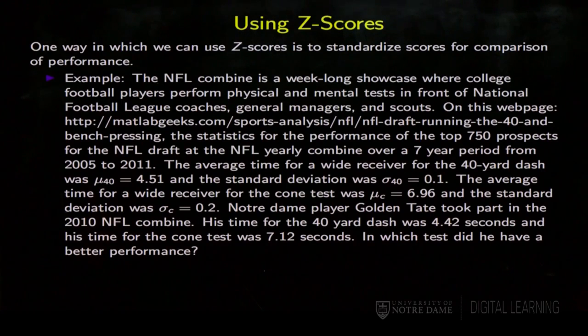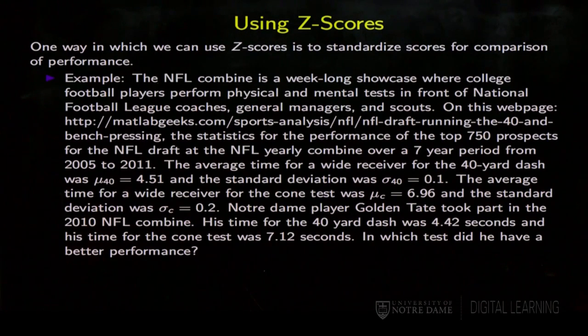the average on the 40-yard dash was 4.51 seconds, and the average time to complete the cone test was 6.96 seconds. And the standard deviation for the cone test for the wide receivers was 0.2, and the standard deviation for the 40-yard dash was 0.1. One of our own players from Notre Dame, Golden Tate, took part in the 2010 NFL